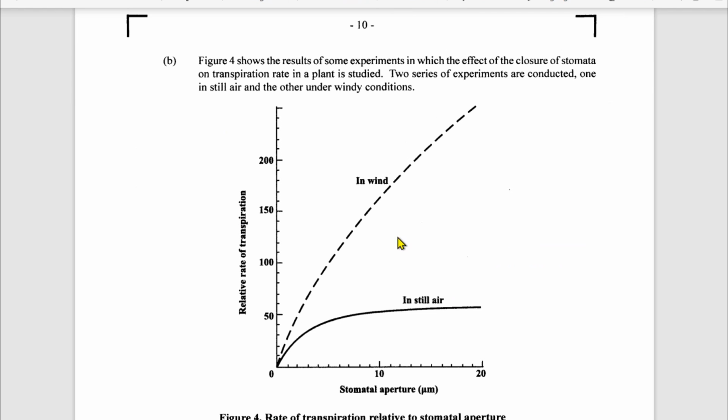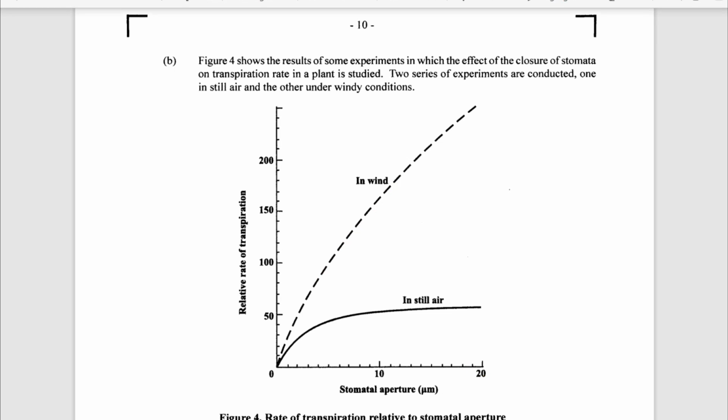So again is what you're seeing here, right, where it begins to kind of level off. So it doesn't matter how big the stomata opens. What happens here is that the relative rate more or less remains constant, or there's only very small increases as it goes along. Whereas when wind is blowing and moving water vapor around, there's a much higher rate as the